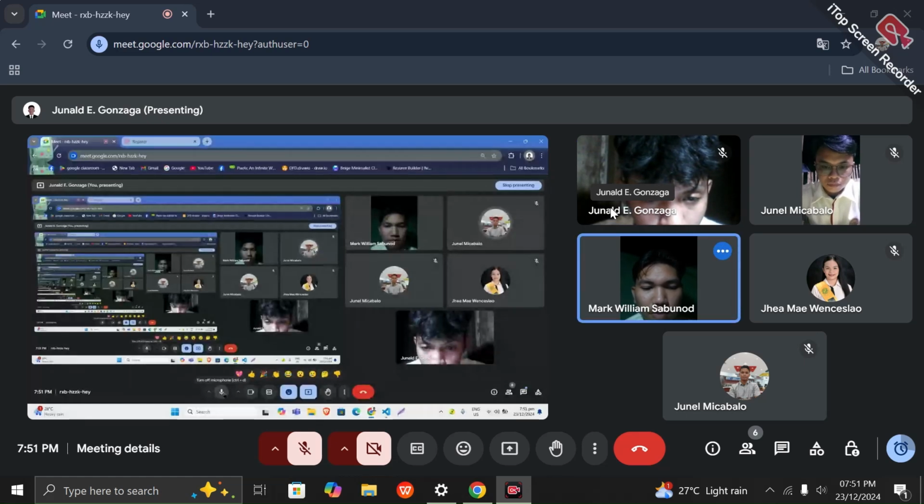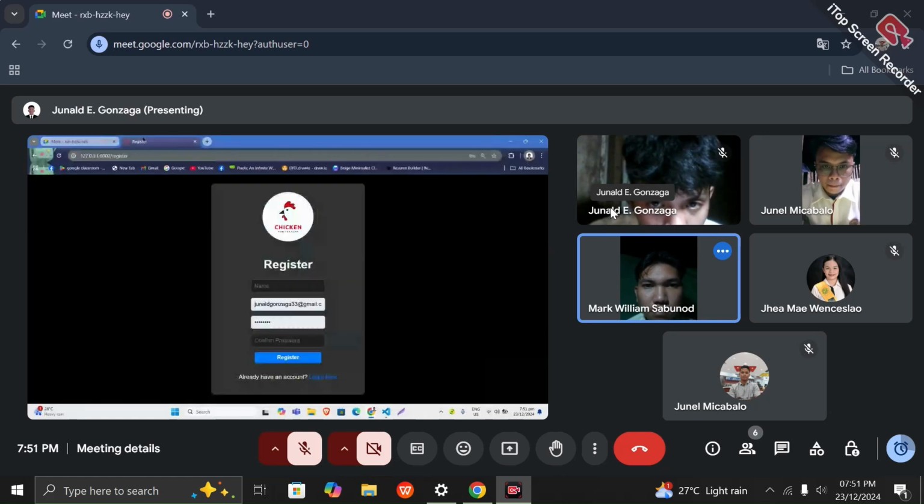Okay. So, first, we are here in our registration form. Let's register our account and fill up the input fields. The possible error we encountered is when you forget to fill up an input field.